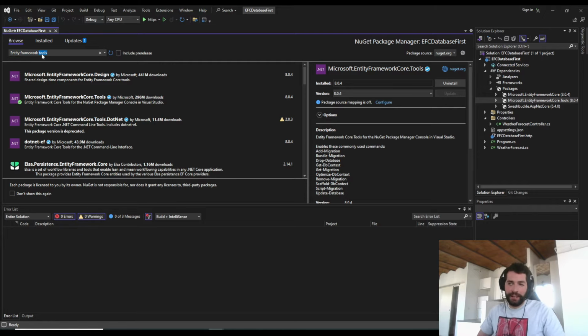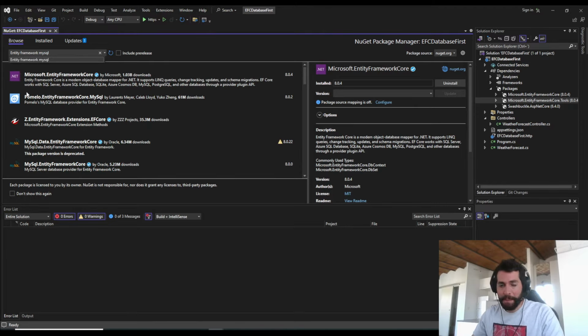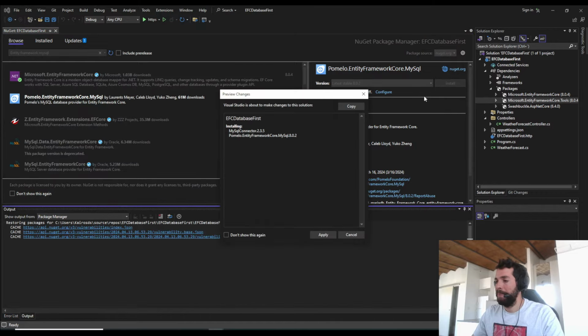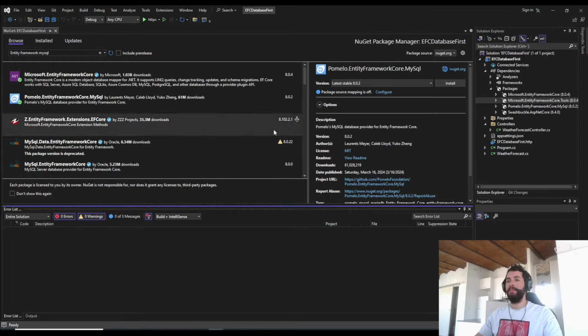Okay, and the last package that we need to install is, in this case, for MySQL. If you are using another database like SQL Server or Oracle, you need to install another package in this step. In this case, because we are going to use MySQL, you need to put here Entity Framework MySQL. And the package that we are going to install is this one, Pomelo.EntityFrameworkCore.MySql, that at this moment has 61 million downloads. I will click install. I will apply the changes, and now we have the three packages